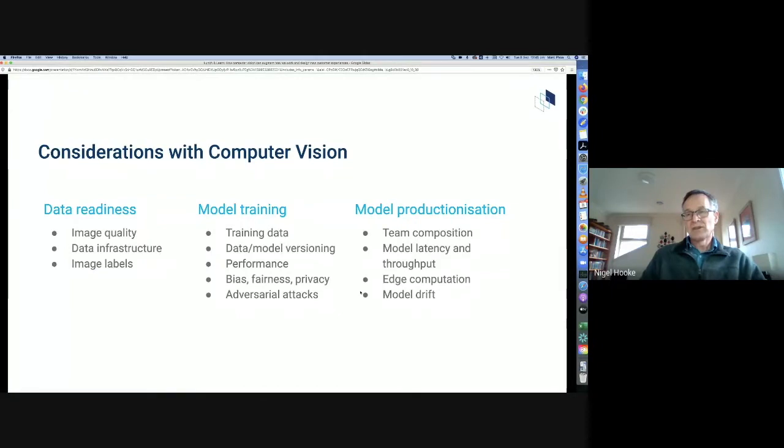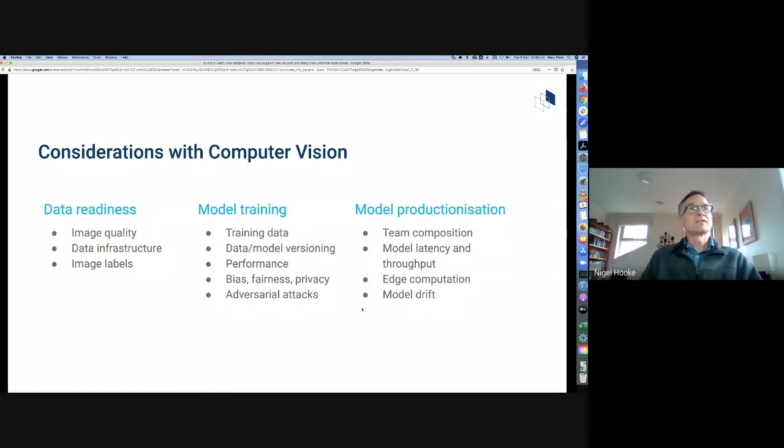So it's time to retrain your model with a fresh set of images. And these are just some of the kinds of problems and challenges you're going to face as you work with computer vision models. I'll have more to say about this towards the end of the talk, but none of these are insurmountable, and we've had plenty of practice of doing these things. They're just a little bit different if your only experience is building more conventional software applications.